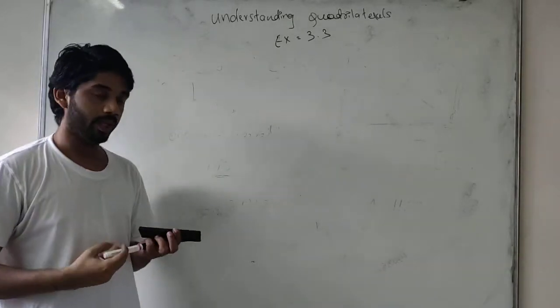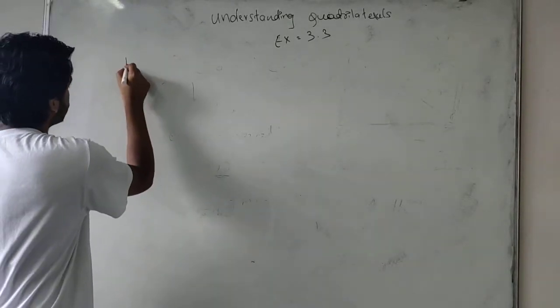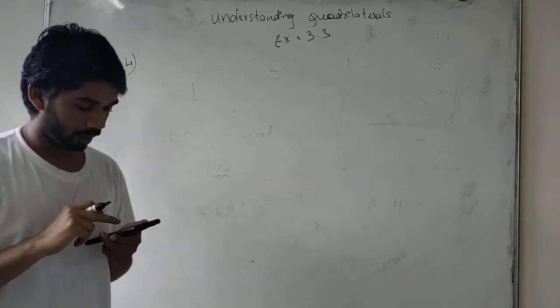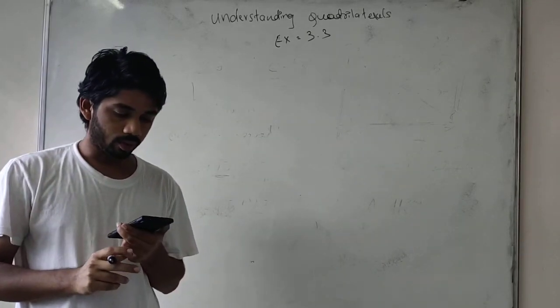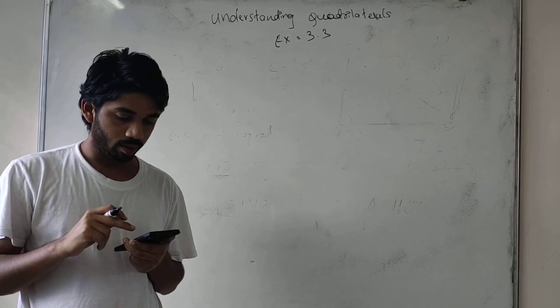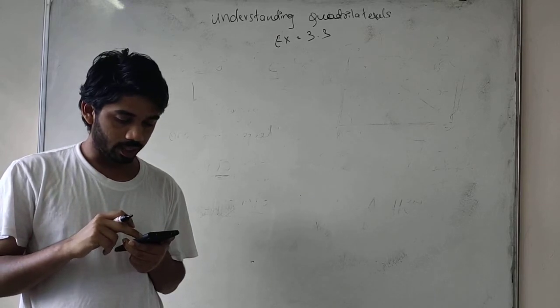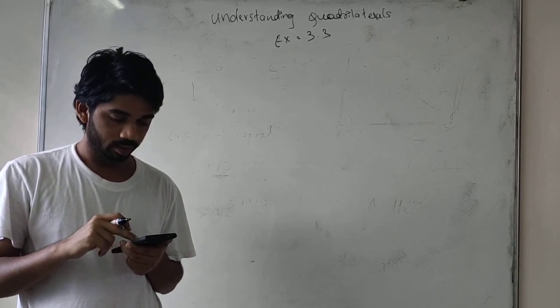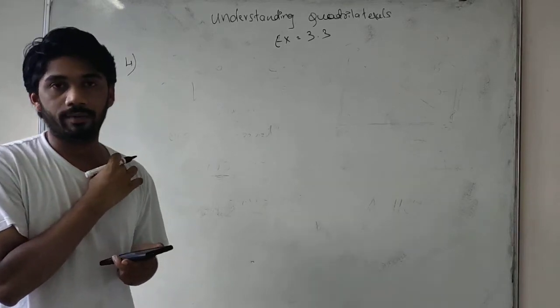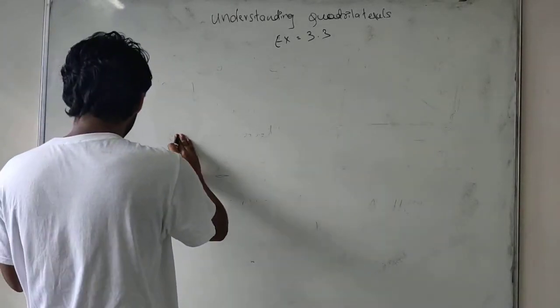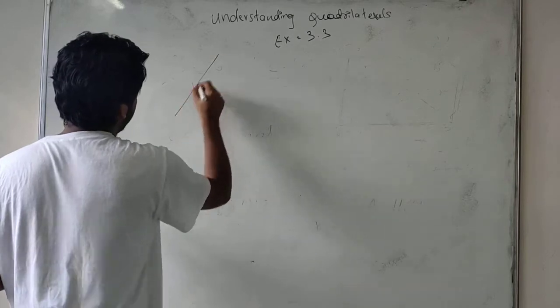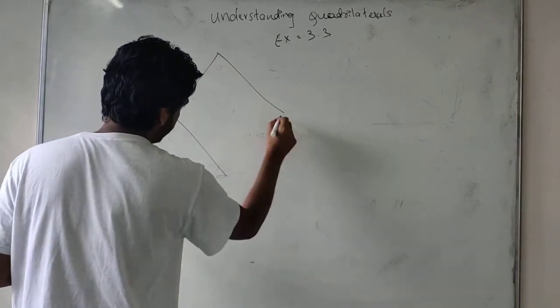So students, here comes the next question, the fourth one. Draw a rough figure of the quadrilateral that is not a parallelogram but has two opposite angles of equal measurement. You must draw a rough figure of a quadrilateral, not a parallelogram.